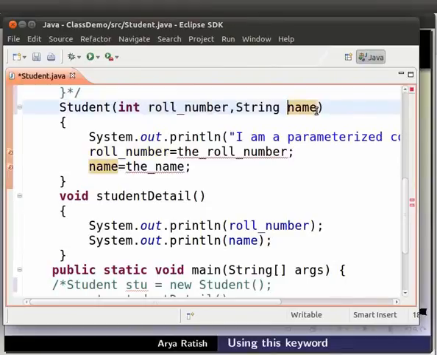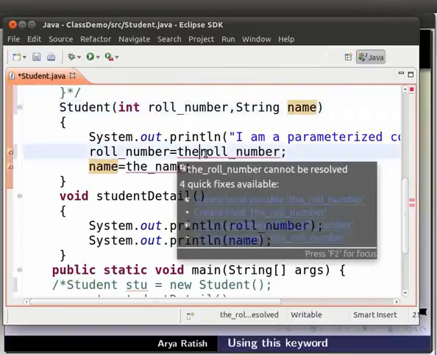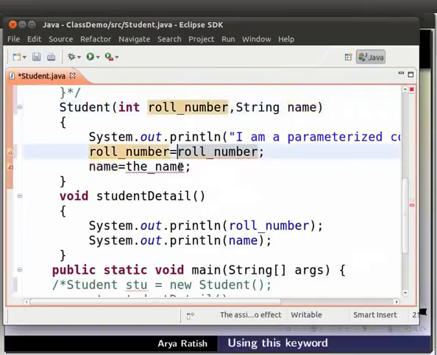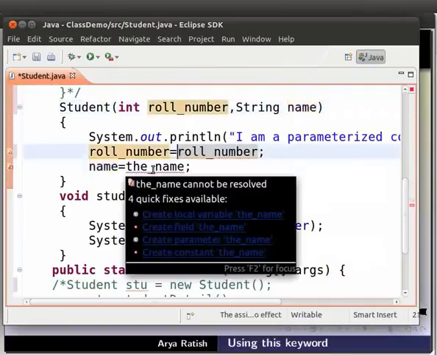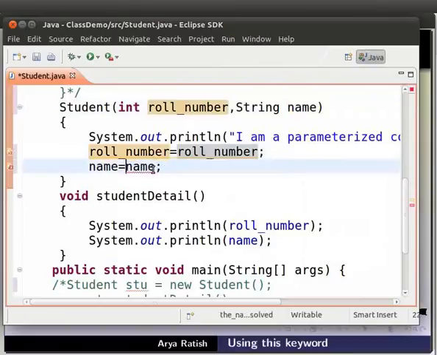So, inside the constructor, we have roll_number equal to roll_number and name equal to name. Now, save and run the file. So, press Ctrl S and Ctrl F11.